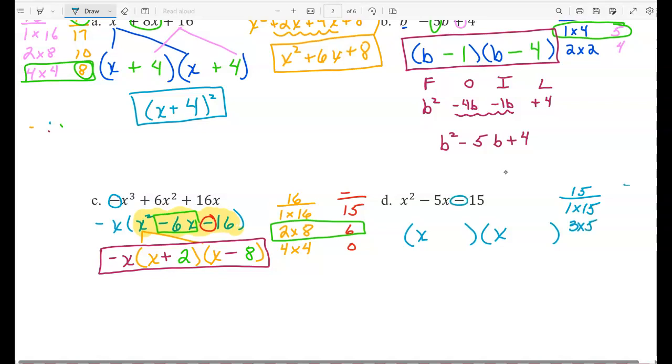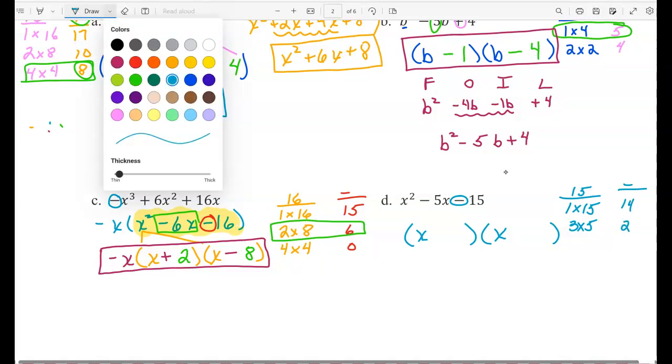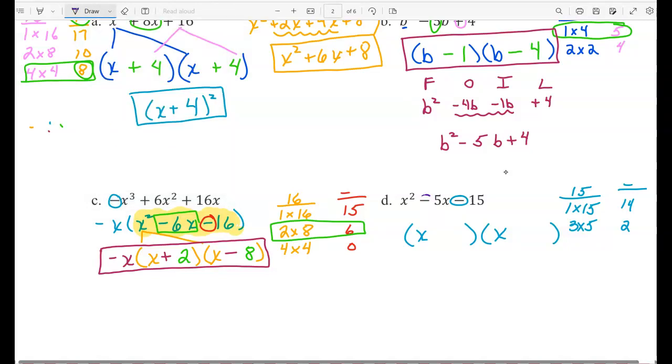Because this is a negative, I'm going to be subtracting them. I get 14 and 2. I'm looking to that middle number to try to be able to match that. So my middle number, I'm looking for a negative 5, actually just a 5, and I do not see it. So here's a situation where we've gone through the process and we don't have a match. Okay, so when we don't have a match, that means that this problem does not factor